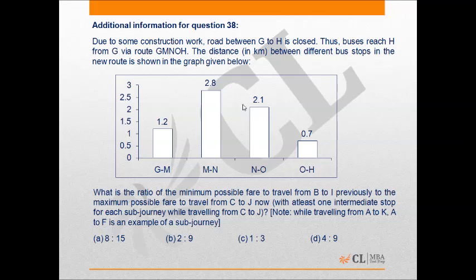In this problem, it is given that due to some construction work, the route between G and S is closed. It means no one can travel from G to S directly, as per the given scheme of things. Thus, buses reach H from G via route G, N and H. The distance in kilometers between different bus stops in the new route is shown in the graph given below, which means